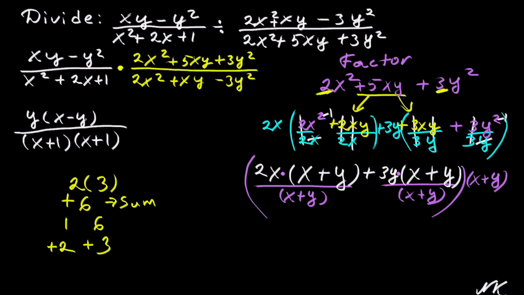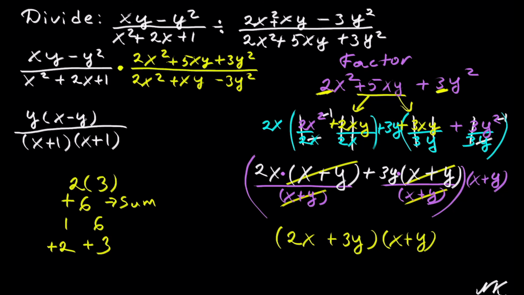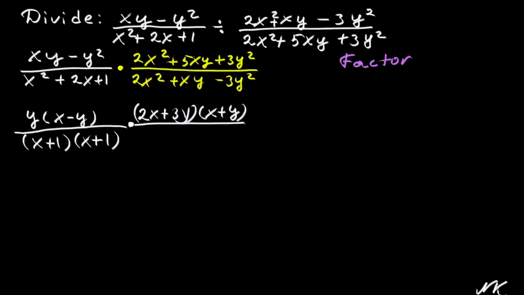This gives us 2x times x plus y out of x plus y. X plus y out of x plus y cancel. Plus 3y times x plus y out of x plus y. X plus y and x plus y will cancel. So we are left with 2x plus 3y times x plus y. So we get that the second numerator cancels into 2x plus 3y times x plus y out of